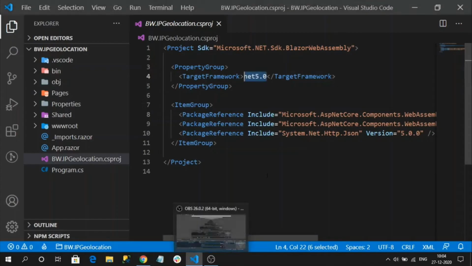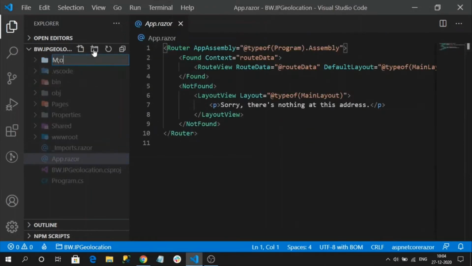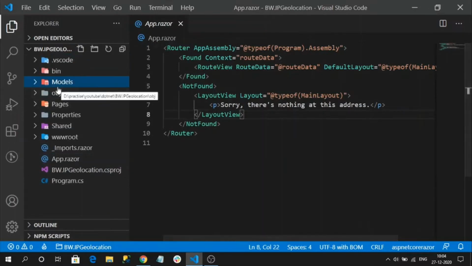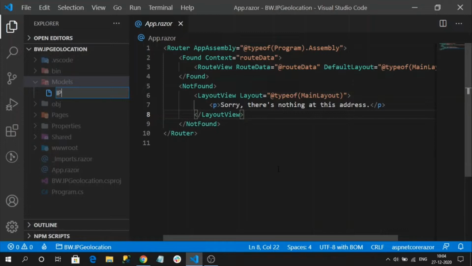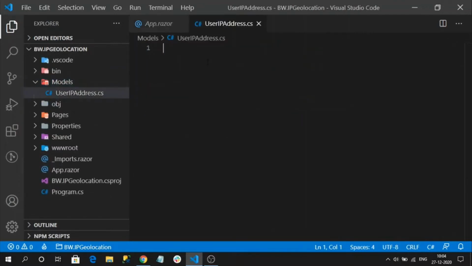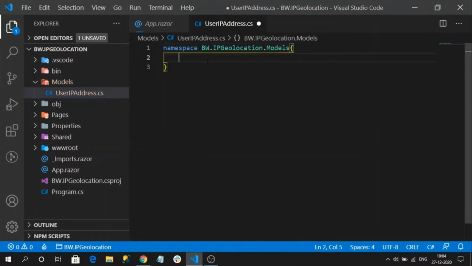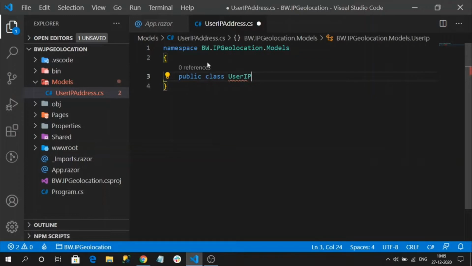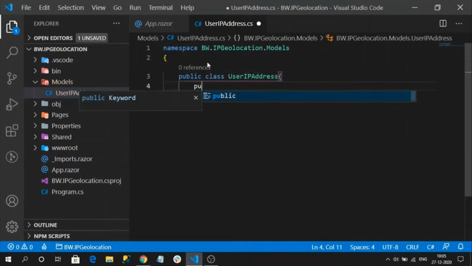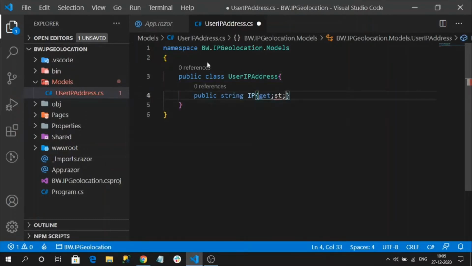So let's create a model class. I'm going to name it IPModel.cs.